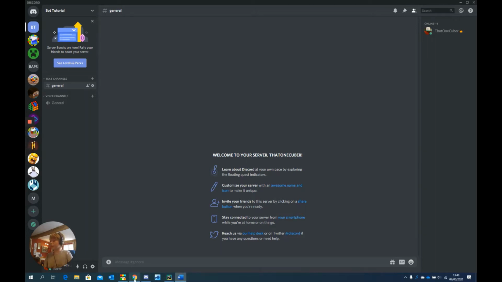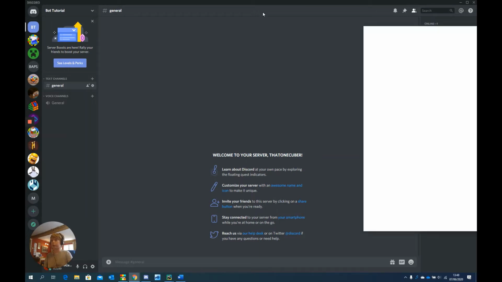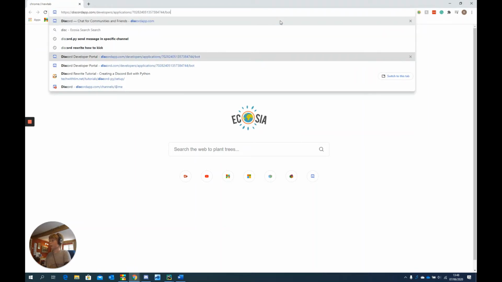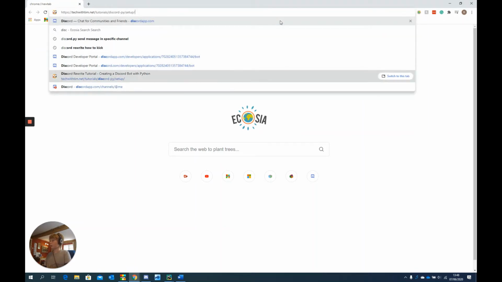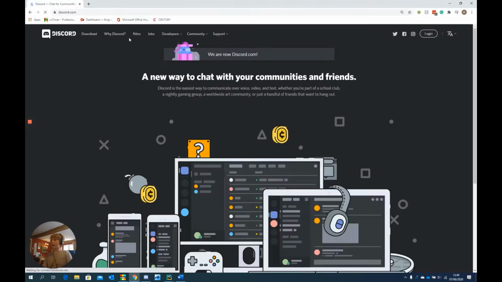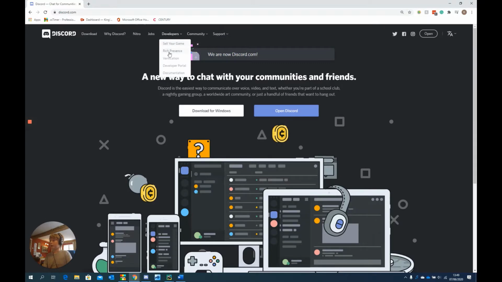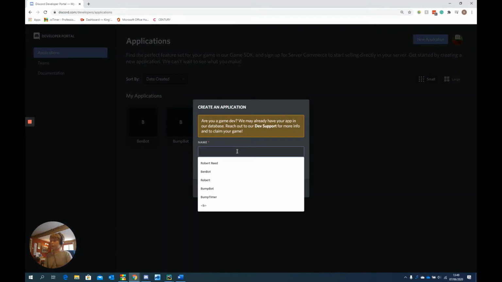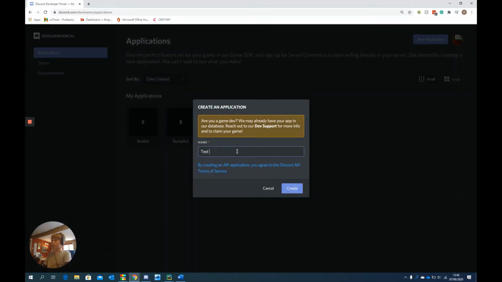Next you're going to want to head into Chrome, or Firefox, or whatever you use, and go onto the Discord Developer Portal. You can do that by going to discordapp.com, then Developers, and then Developer Portal. Then you want to log in. I've already made a few bots, so I'm just going to click New Application. I'm going to call it Test Bot,